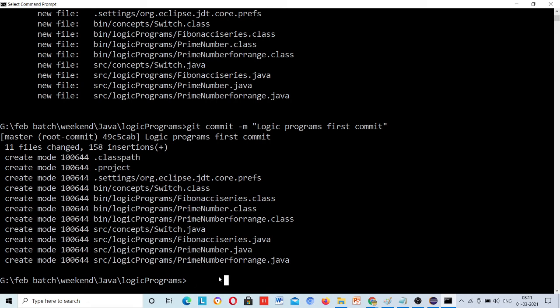You need to give that location. It will not assume anything. There are lots of locations in the cloud. So for that, use git remote add origin and just paste that location here.